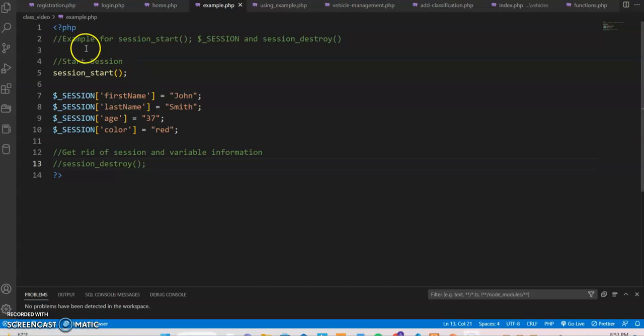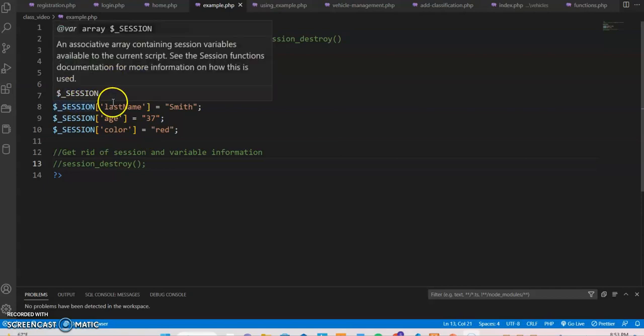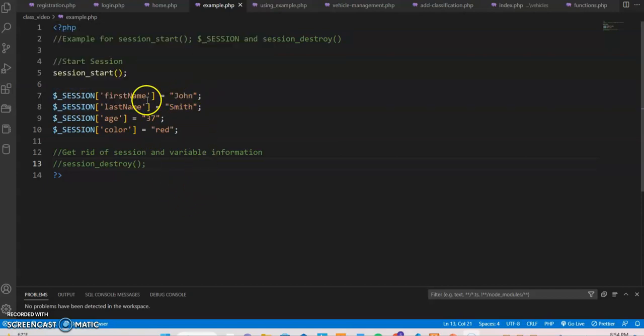So on to my PHP example. As you can see from my examples, I just put it into VS Code. Here's your PHP. It must start with session start, and then here you have the session variables with their values. First name John, last name Smith, age 37, color red, and then I take that and I put it into